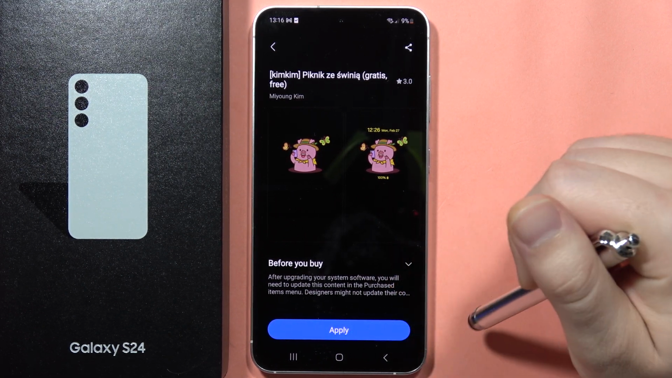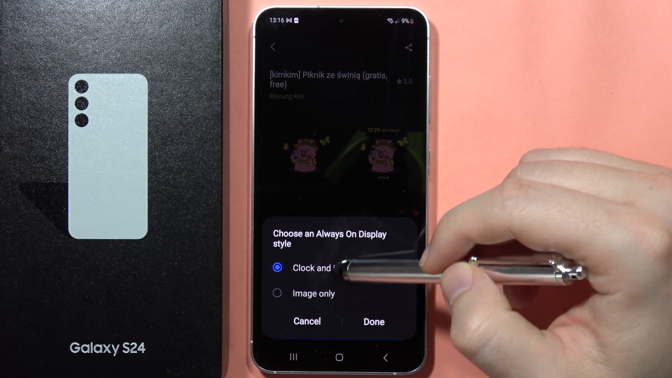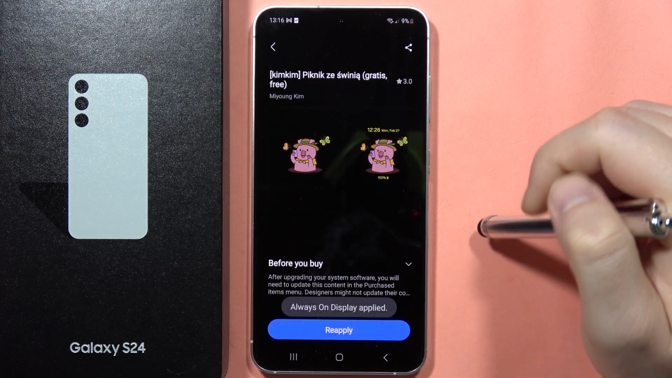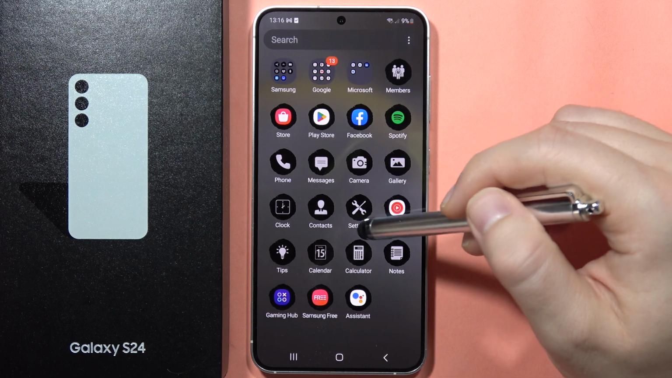Now I have to click apply. And I can get the clock and image or only image. I'm gonna get the clock and the image. So click done. And now when I open the settings,